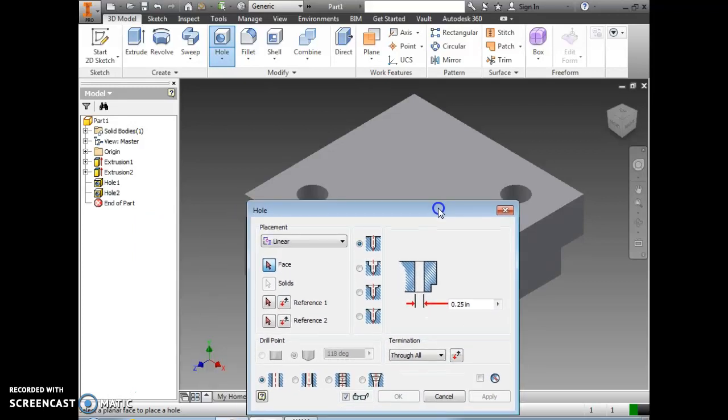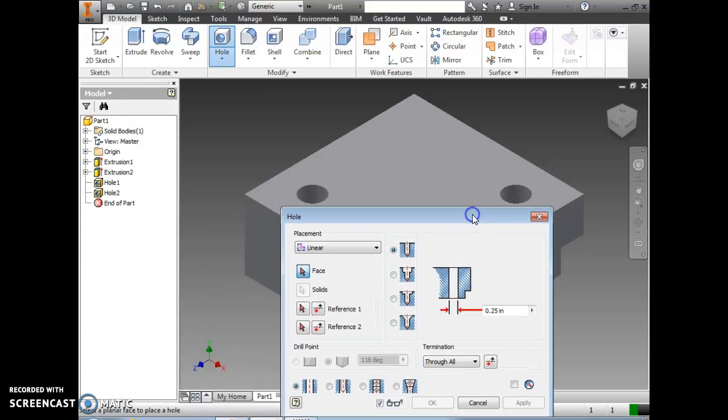Okay, next we're going to make a counterbore hole in the opposite corners, and we want the size of the counterbore to be 0.4375. So we need to add a 4 up there. The depth of that counterbore is 0.25, like it says here in the default, and the diameter of the hole down here at the bottom is 0.25. It's through all. And again, I'm going to click over here in this corner,